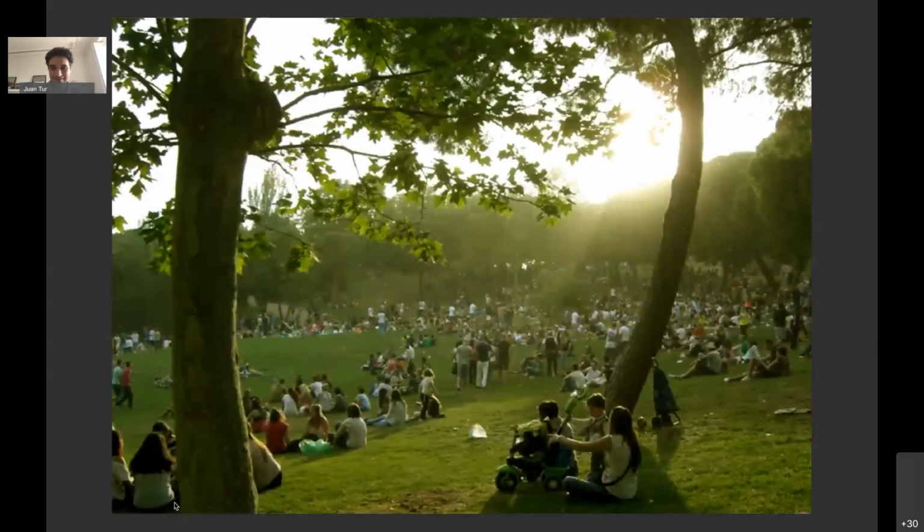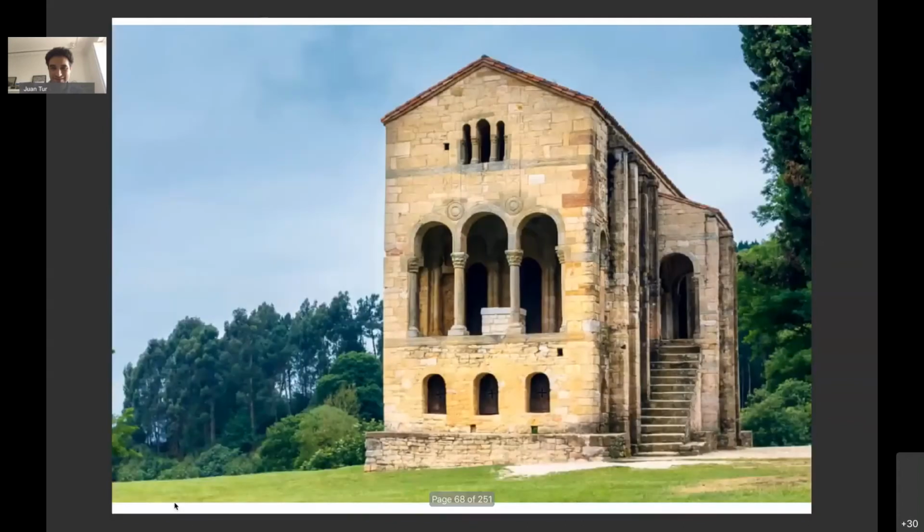And the third target, as I said, was to recover this contact with nature. So nature in a very natural way, as a place to make celebrations, to make parties, like a social encounter. But at the same time,